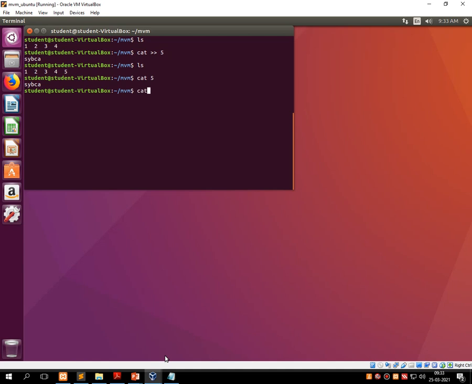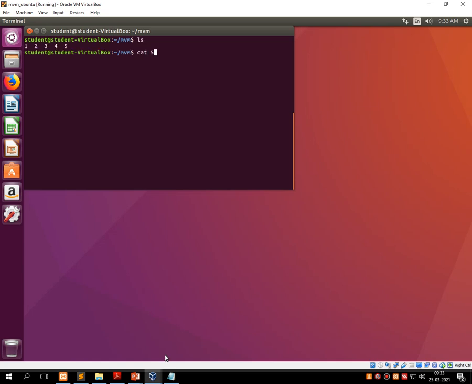Suppose I am typing cat 2 times less than and the name of a file. It prints nothing onto the screen, as there is no content available in this given file. Let me perform it again as my keyboard stuck.